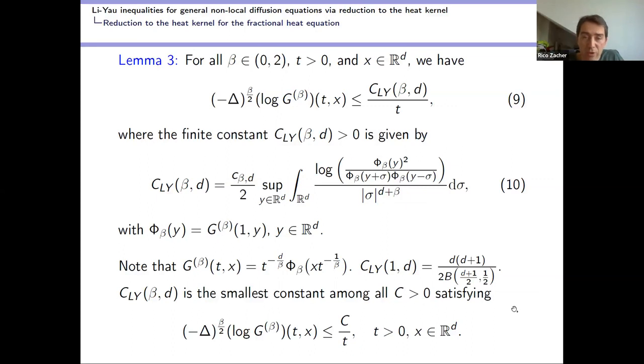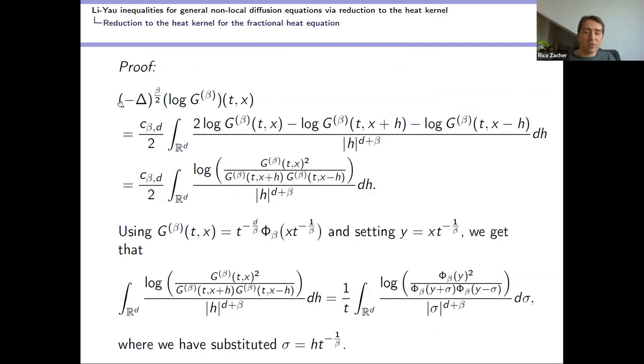Okay, so let me show you the argument for this. Let's look at this expression here. Here I use a slightly different form of the fractional Laplacian, where I use the representation where we look at both sides. So we have x plus h, x minus h, and then there is this additional 2 downstairs. So let's use this expression. We have logs here, so we can rewrite this in this form. We have a log of this quotient,